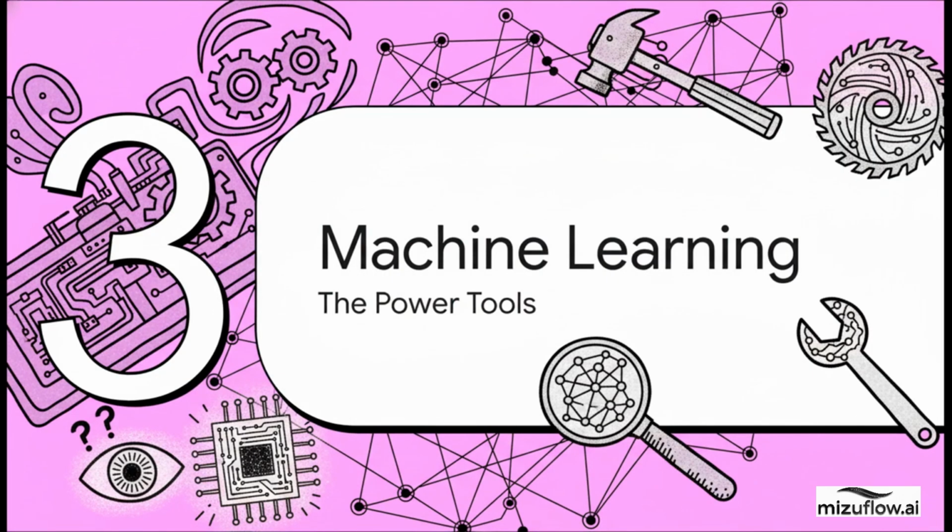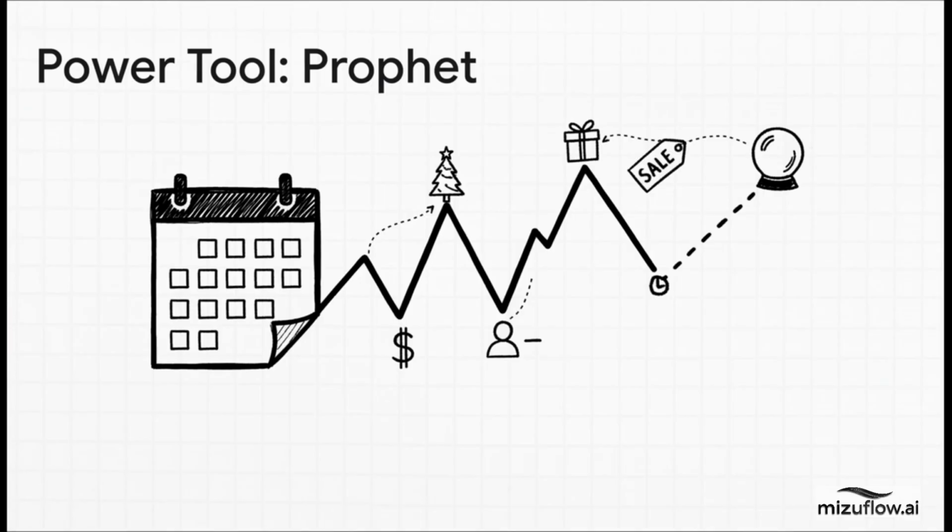Okay, so this is where we get to the power tools in our kit. These machine learning models are designed specifically to handle the complexity of modern data, and they are amazing at uncovering patterns that would otherwise just stay hidden. First up, we have Prophet, which comes from Meta. And this thing is a real game changer for business forecasting. And here's why. It automatically accounts for things like Black Friday sales or national holidays. You don't need to be a PhD-level data scientist to use it, which makes it incredibly powerful for finance teams just trying to figure out next month's revenue.